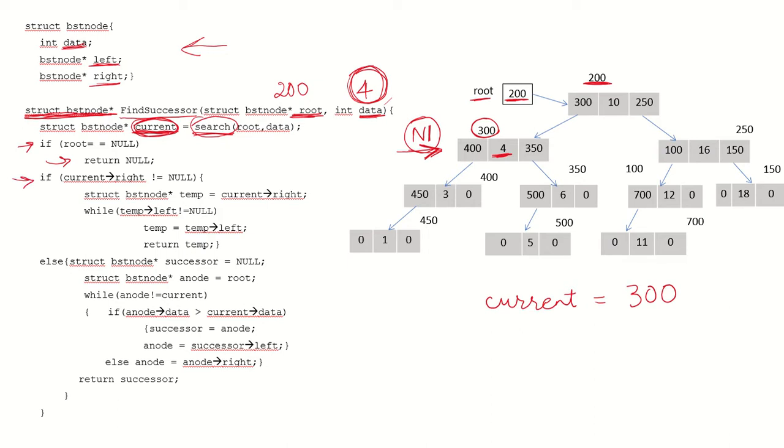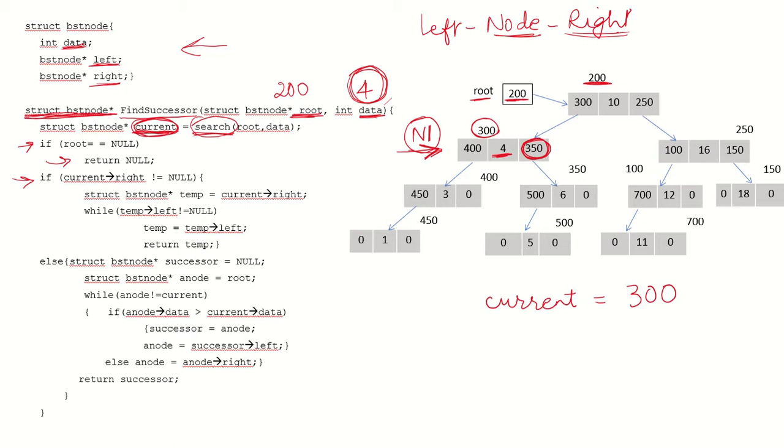Is current arrow right not equal to null? That means whatever our logic was to find whether there is a right subtree of the node or not. We are looking for an in order successor. That means our traversal is left, node and right. When we are looking at the successor of the node, we have to find it in the right subtree, and in the right subtree we have to go as left as possible to find the successor. So if we have to go to the right subtree, we will have to check the right pointer of that particular node.